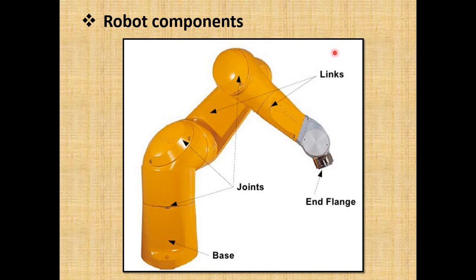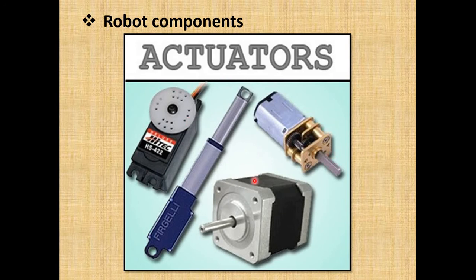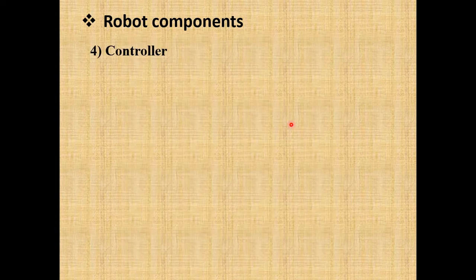So these are the robotic components. One more figure: this is known as the base. 1, 2 and 3, these three are the joints. 1 and 2, these are the links. So joints plus links make the robotic manipulator. And the flange, here you can connect tools or fingers, whatever you need. These are the different types of actuator. Here in the figure it is given in small size. According to the robot capacity, it can be in large size.